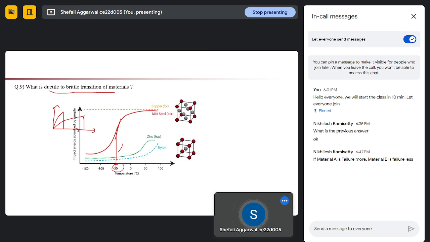And the point at which that slope is maximum is called the ductile to brittle transition temperature. So that is DBTT. So that is called ductile to brittle transition of materials. Okay,